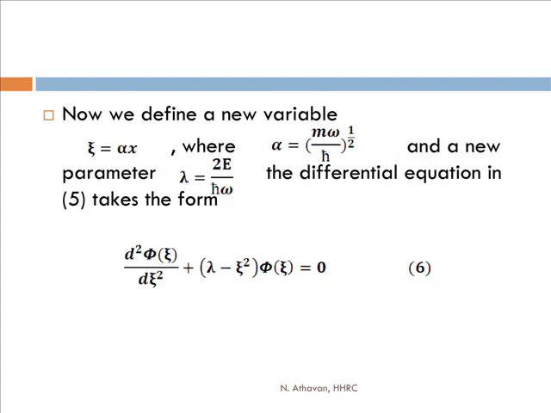Now, one can easily simplify this equation by defining a new variable xi is equal to alpha x, where alpha is equal to square root of m omega by h cross and a new parameter lambda, which is equal to 2E by h cross omega. The differential equation takes the form d square phi by d xi square plus lambda minus xi square into phi is equal to 0. This is the equation in question, which has to be solved subject to the admissibility and